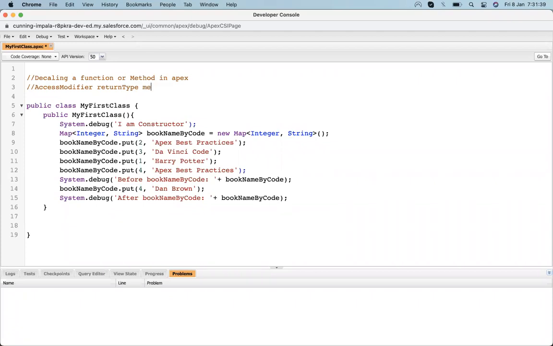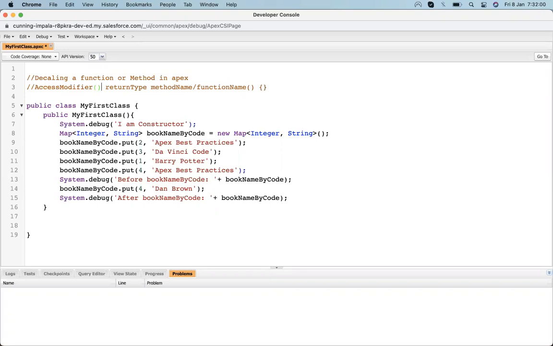And then we have a method name, or we can say function name. Then we have brackets. So first we have the access modifier, that can be public.